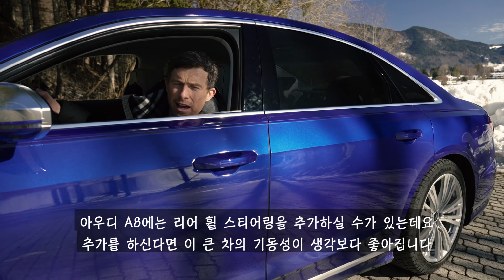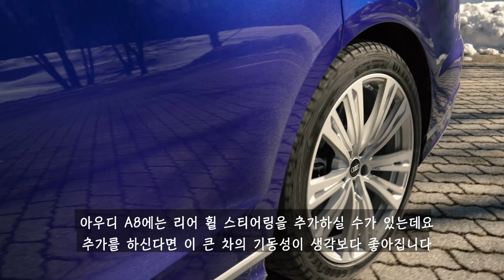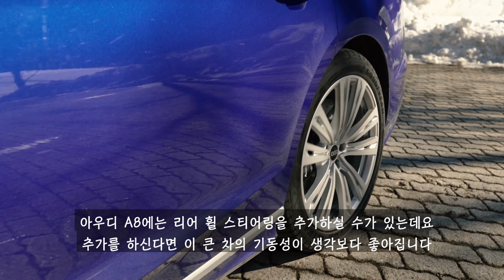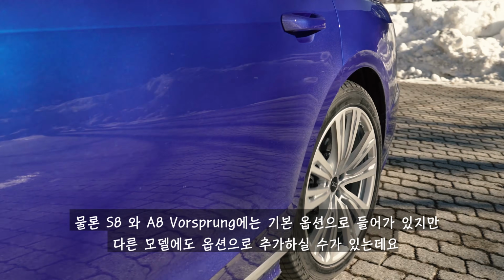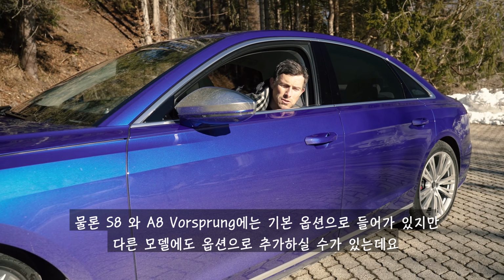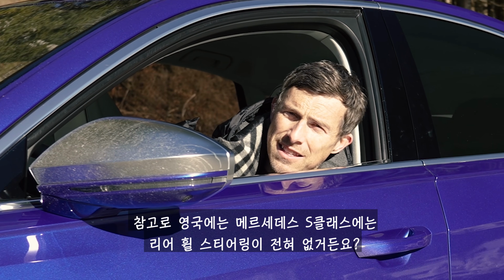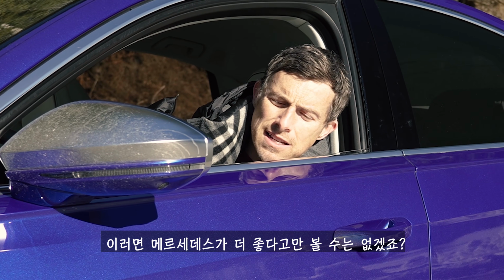You can get the Audi A8 with rear wheel steering, which makes it more manoeuvrable than you'd imagine such a big car to be. Now it comes as standard on the S8 and the A8 four-sprung, but you can get it optionally on the other models as well. Now rear wheel steering isn't something you can get on the Mercedes S-Class in the UK, so the Mercedes isn't